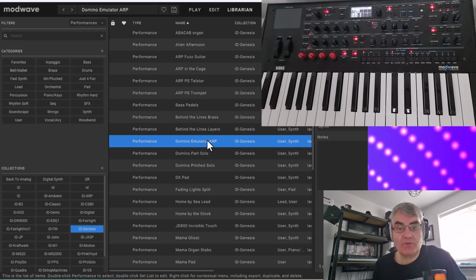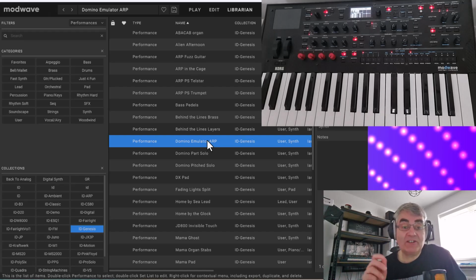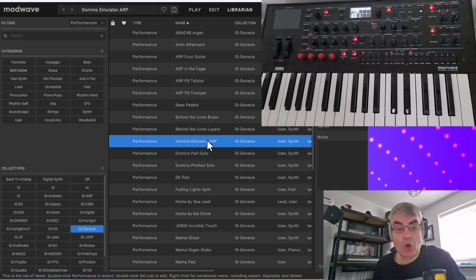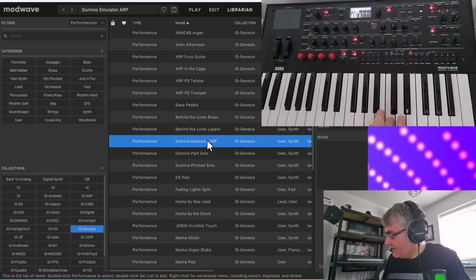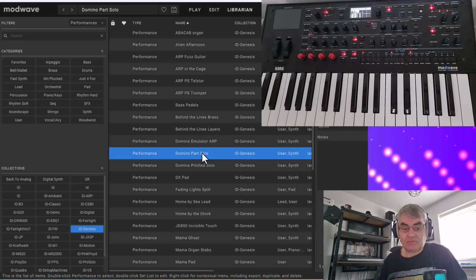Now, actually what was used was the Fairlight R sound, and that isn't in the Modwave. I do have a separate sample set coming for the Modwave that includes original Fairlight sound, so you'll get that. But for now, I'm using the bottle blow sound really. You can include that. Now for Domino itself,